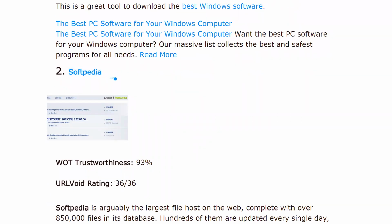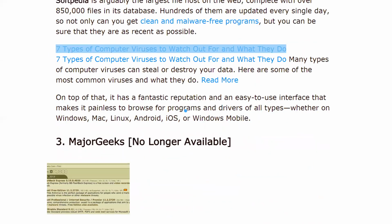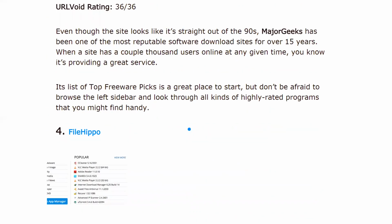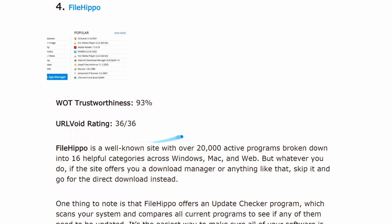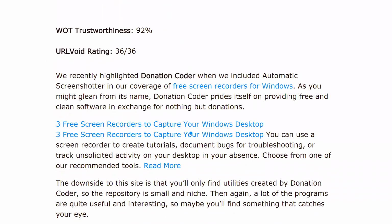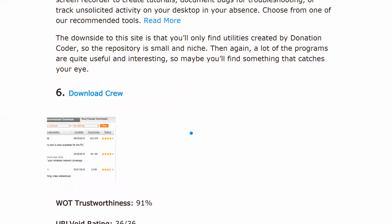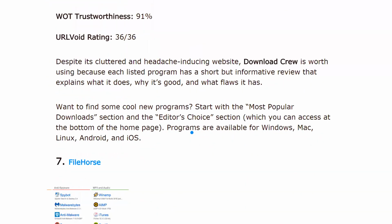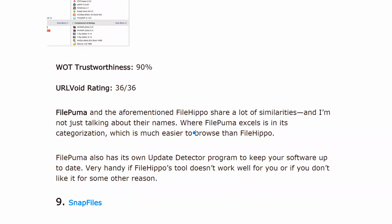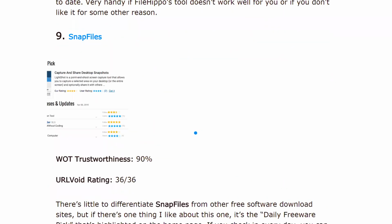Softpedia is another deemed relatively safe place to download free software. Major Geeks is no longer available, which I did not know, but it was also a good website. File Hippo is another, and Donation Coder and Download Crew, File Horse, File Puma, Snap Files,